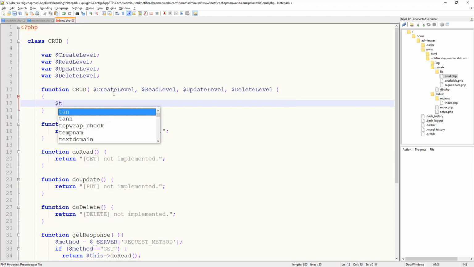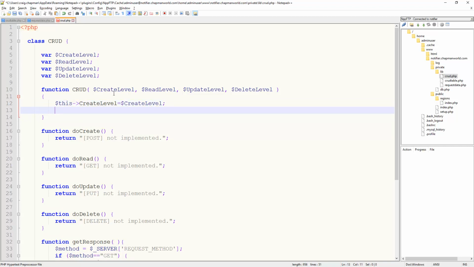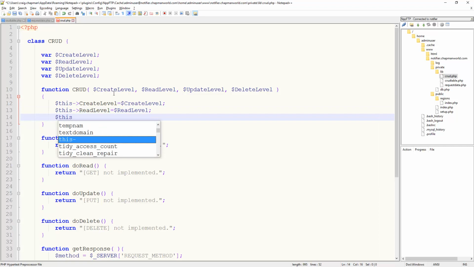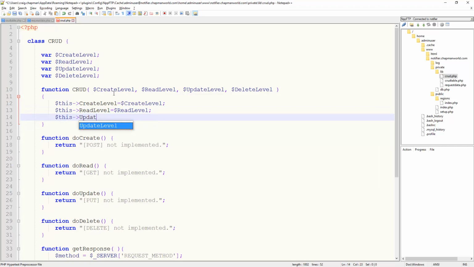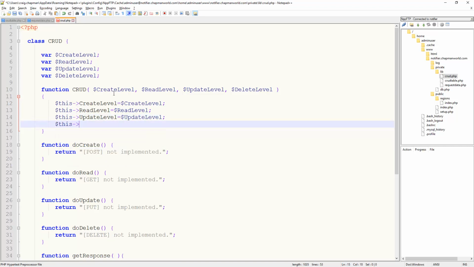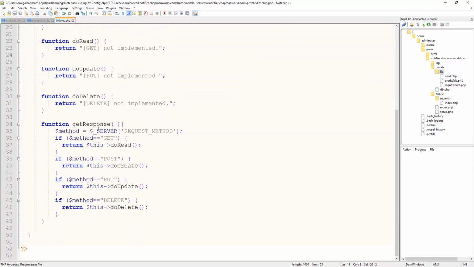And we just need this create level equals create level. This read level equals read level. This update level is update level. And this delete level is delete level. Okay, so assuming those parameters get passed in, which we'll go and fix in a moment,